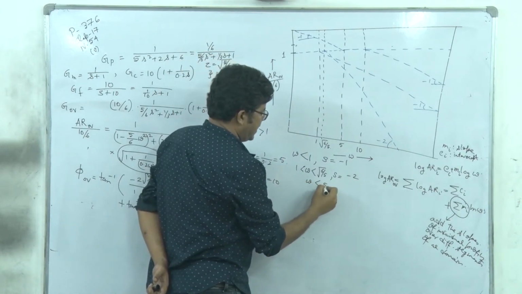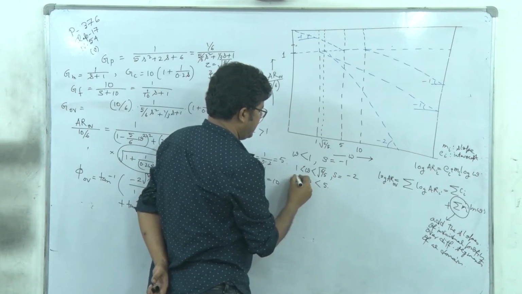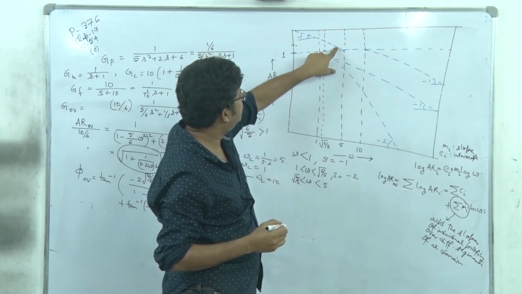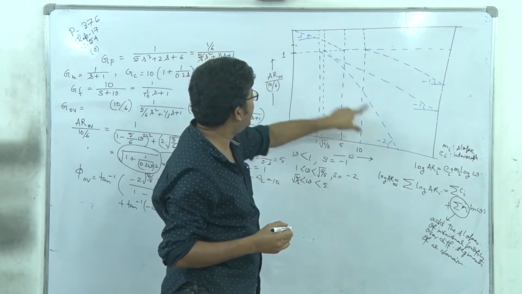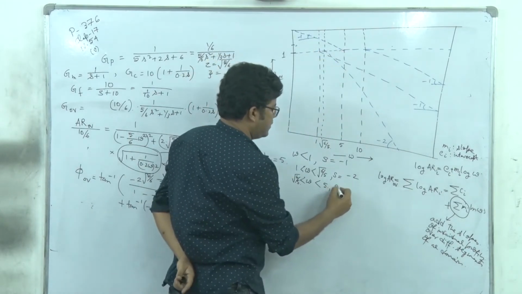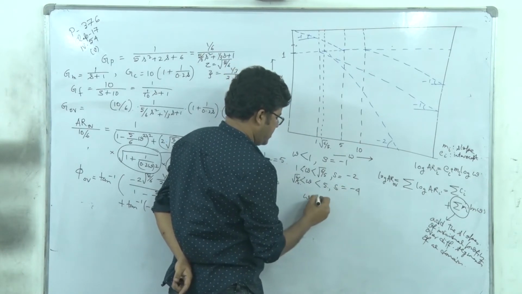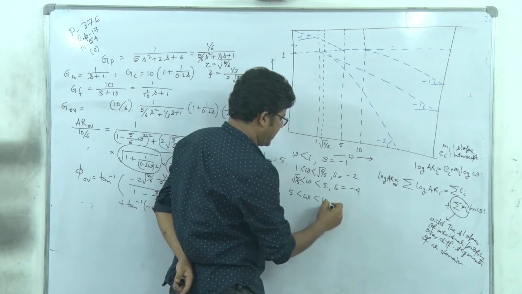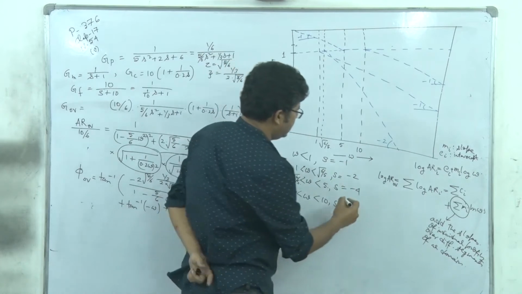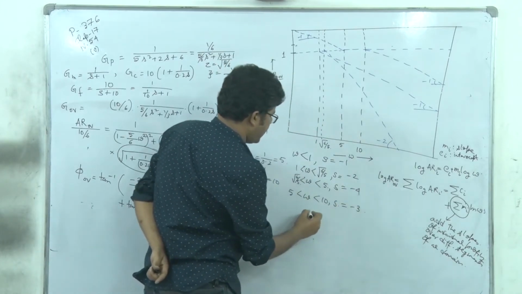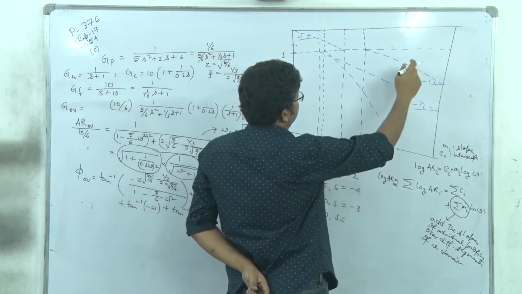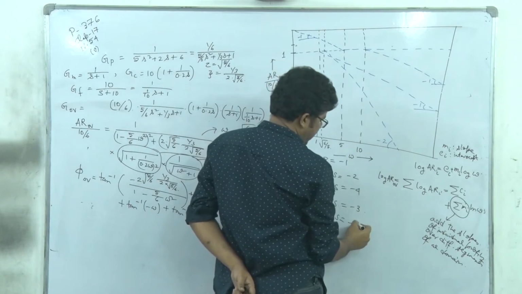Now, omega less than 5 greater than under root 6 by 5. We have this curve and this curve, right? Now, this is slope minus 2, this is slope minus 1, this has got slope minus 1. Slope minus 4. Now, omega less than 10 greater than 5. Now here, minus 2, minus 1, and there is nothing. So, minus 3. And omega greater than 10, the slope is minus 1, minus 1, minus 2. Again minus.